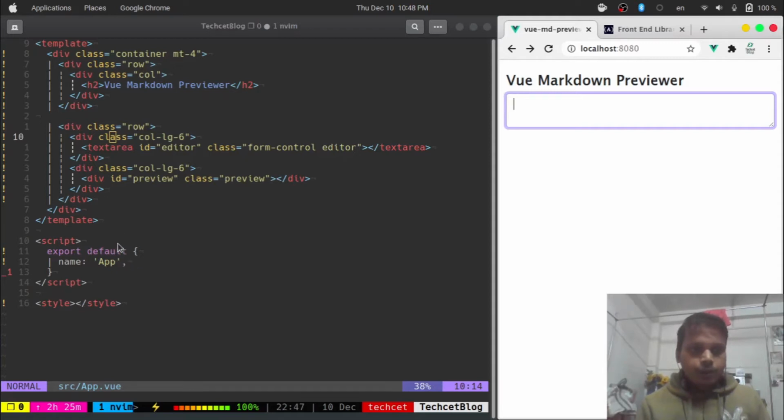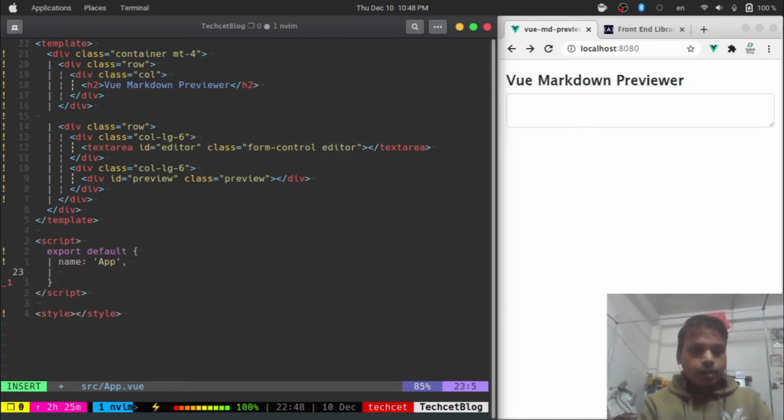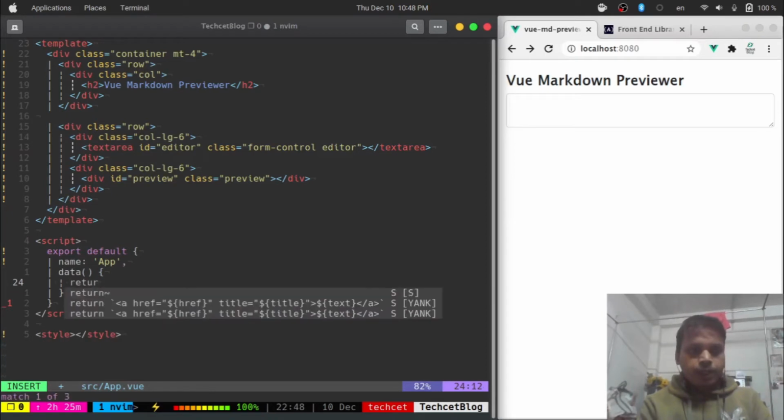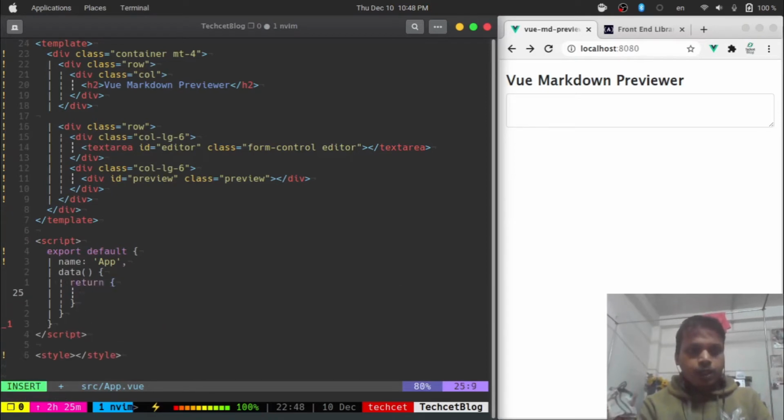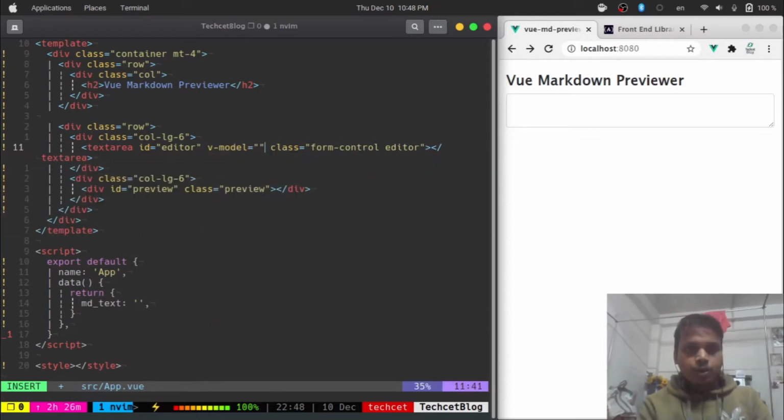and let me do something like, let's say we have this data method, and inside the data we are going to return an object, and inside the object we need to use md text, which is this one. Save this, and we can use this md text right here. So here we just need to use v-model, and then we can use md text. Save,